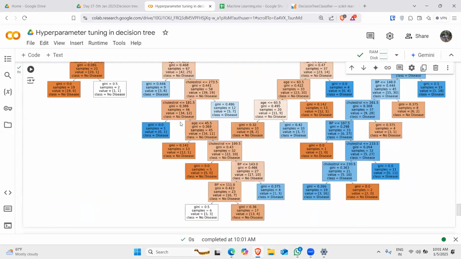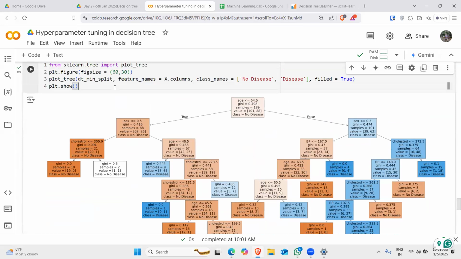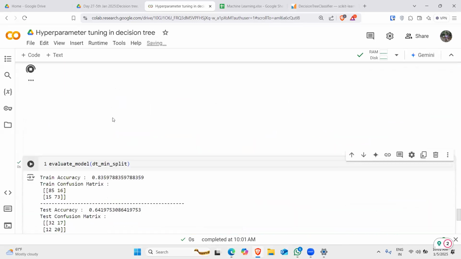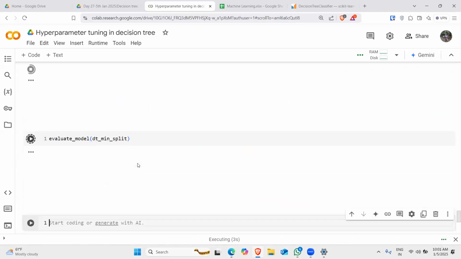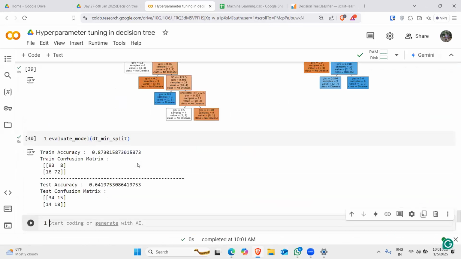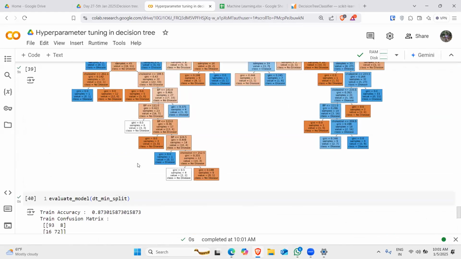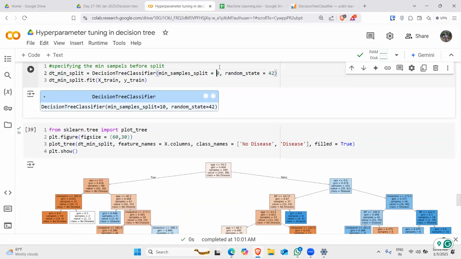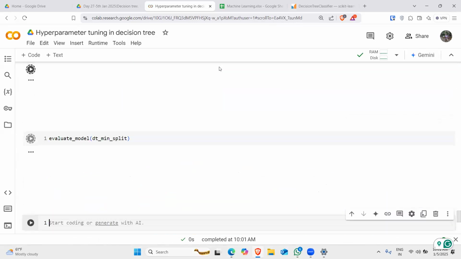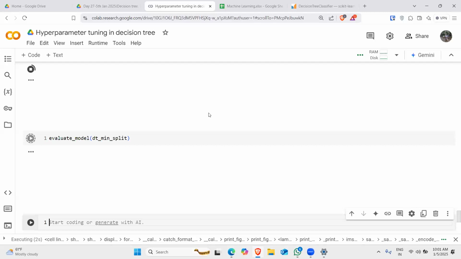Ideally, it should be less than or equal to 5. I mean, the difference between training accuracy and testing accuracy. If it is less than or equal to 5, it means that your decision tree is not overfitted, or your model is not overfitted. So ideally, the difference should be less than or equal to 5. So likewise,